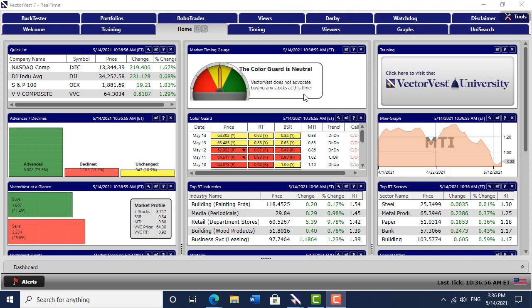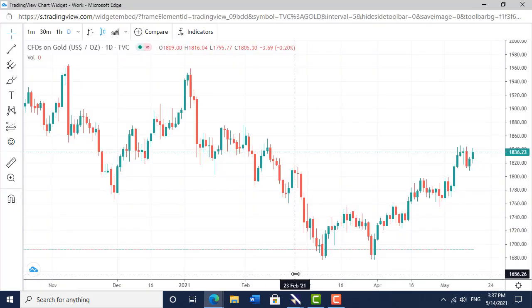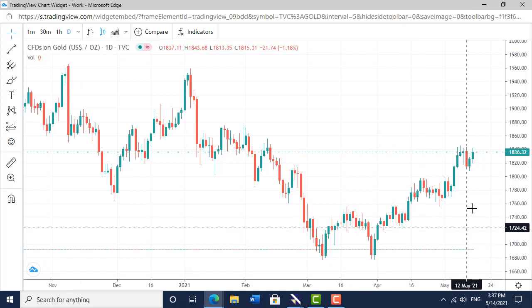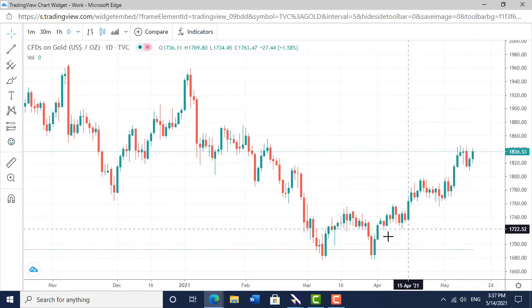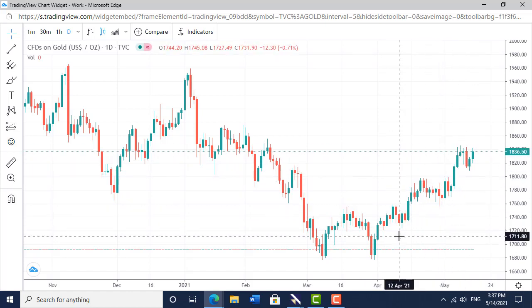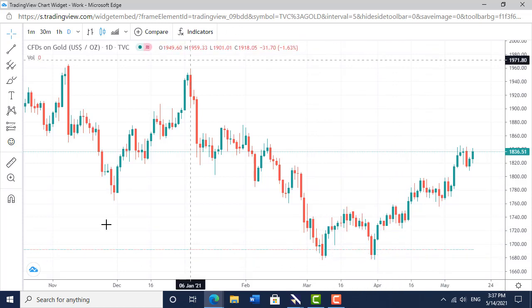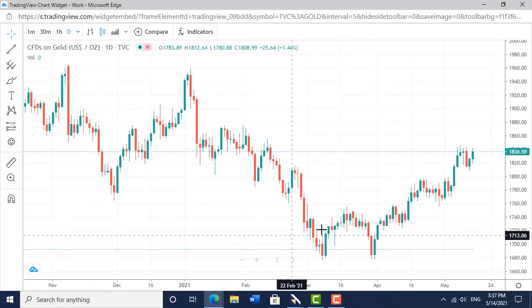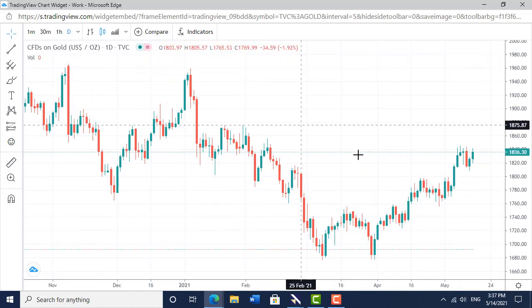I cleared out of everything at the start of the week, and I have one position left in the GDX, and I think that's a good place to have a look to start off with. That's the gold market, and the gold market handled the sell-off in equities very well, and as you can see, it's making rising bottoms here. I put up this chart 1,000 times. That's a double bottom, which is at a 62% retracement of the last big range, and it's doing its best to get up out of this